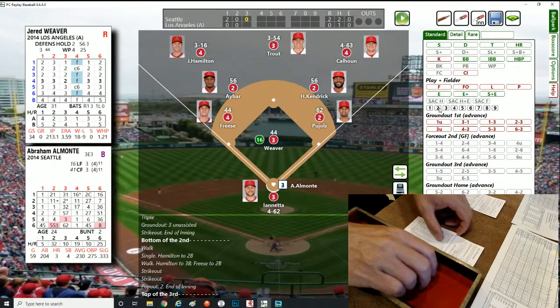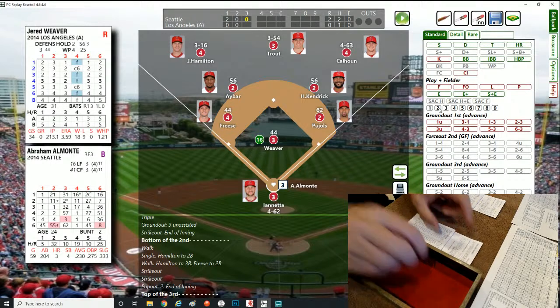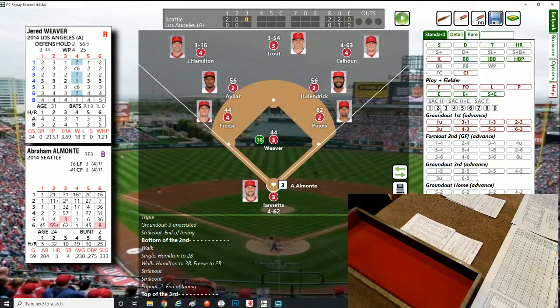And Hernandez, Menendez gets out of it. We go to the top of the third, still 2-0. Let's see who's up. It says Abraham Almonte's up. So Abraham,